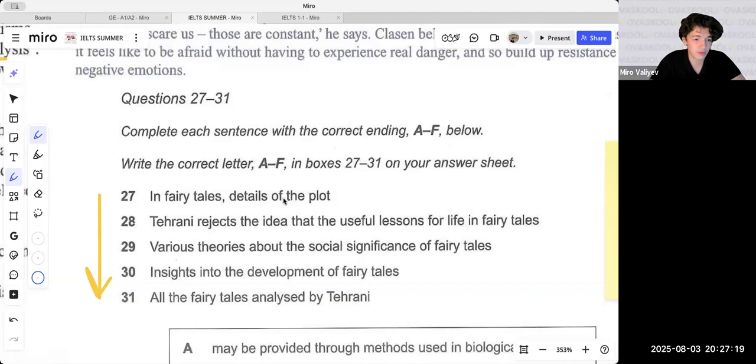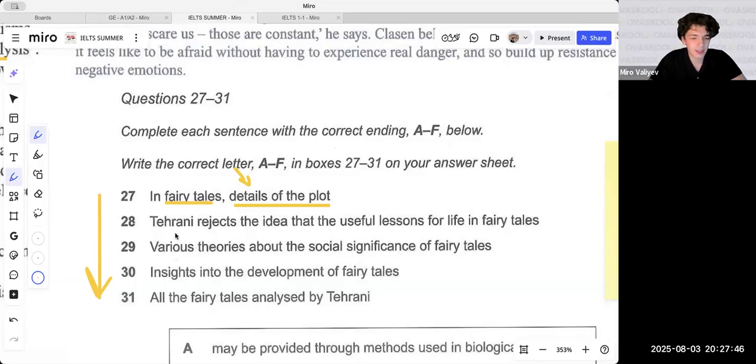Just like true, false, not given, yes, no, not given, multiple choice, they usually go in line with the text. Like a summary and so on. Okay, in fairy tales, details of the plot. So they will definitely talk about the details of the plot of perhaps certain events in the